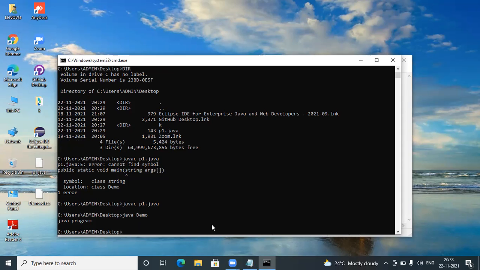This java Demo, when you run it, means you are running your code, right? First one is the compilation phase. If anyone asks you in the interview how you compile your program, when you run the program in Notepad, you have to use javac. But have you seen in Eclipse, when we were running, do we need to run any of these commands? No. Internally, it does both. So this is the difference between the two: javac p1.java and java Demo. First one is the compilation, second one is running the Java program.